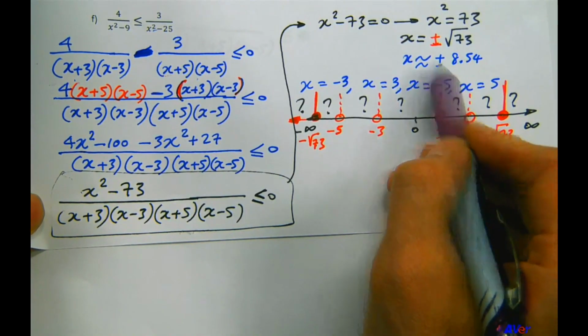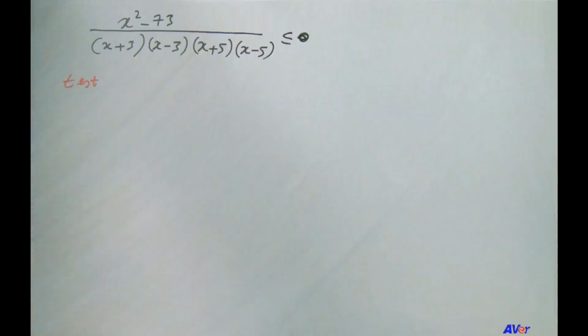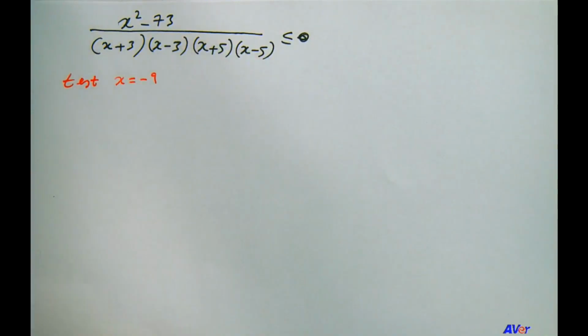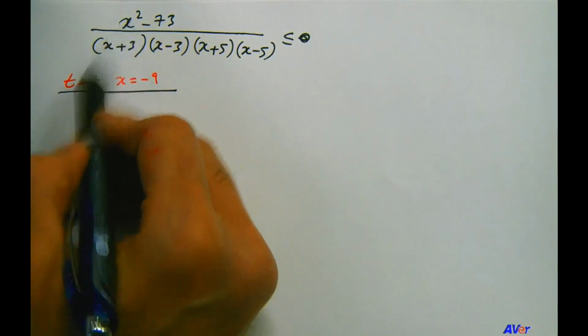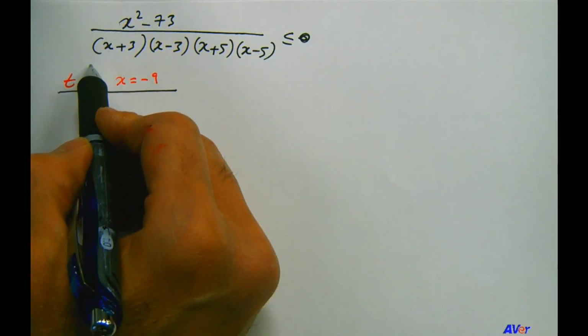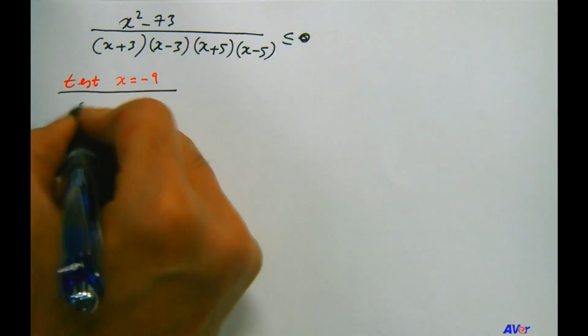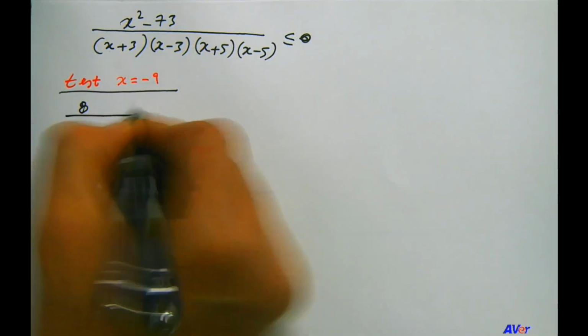So negative 9 would be roughly to the left of that. So test x equals negative 9. Negative 9 squared is positive 81. Minus 73, that's positive 8, divided by